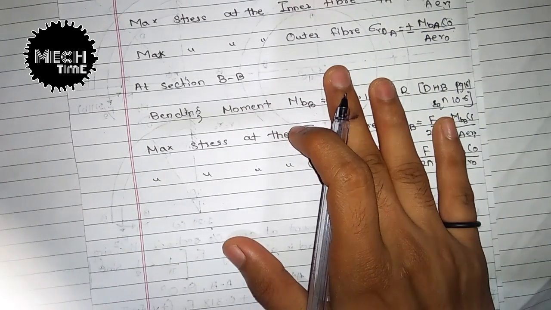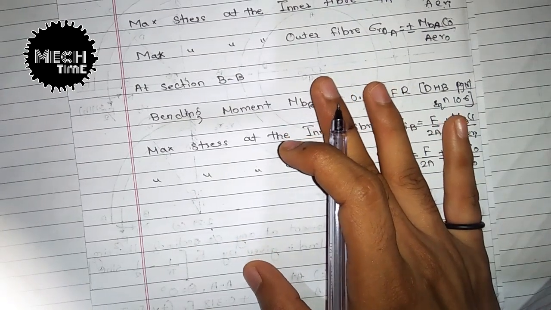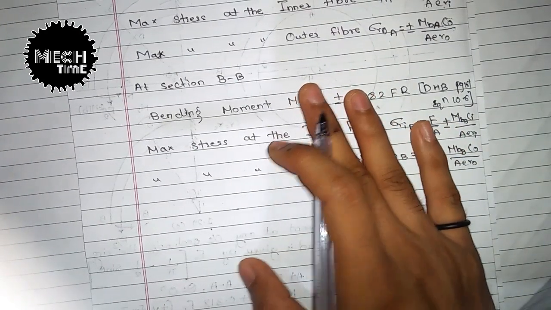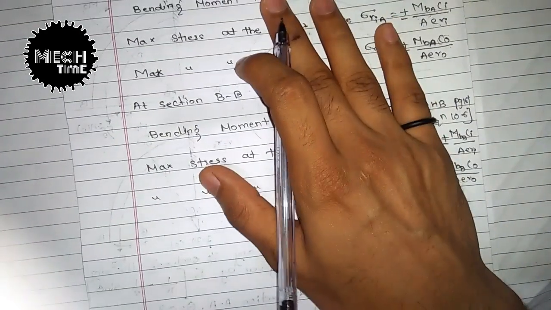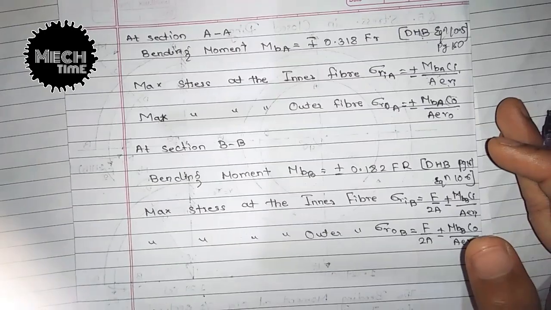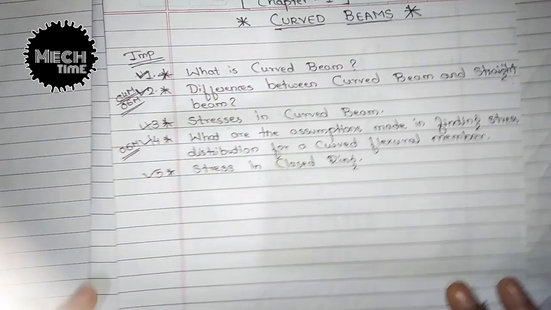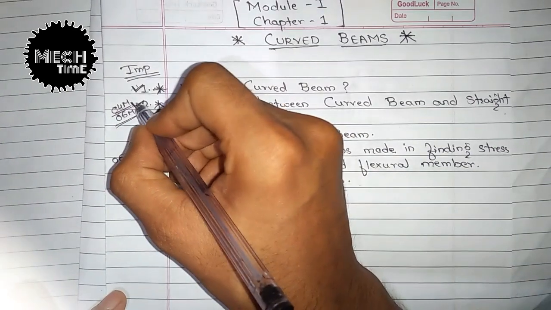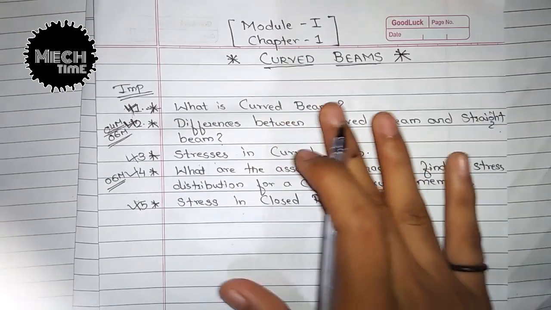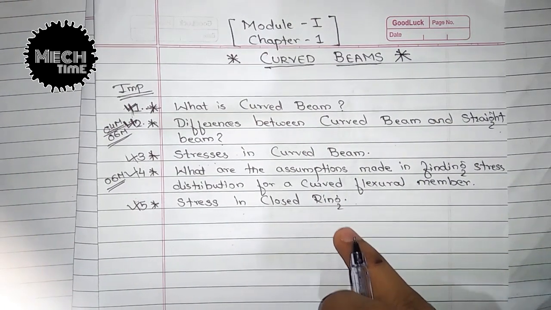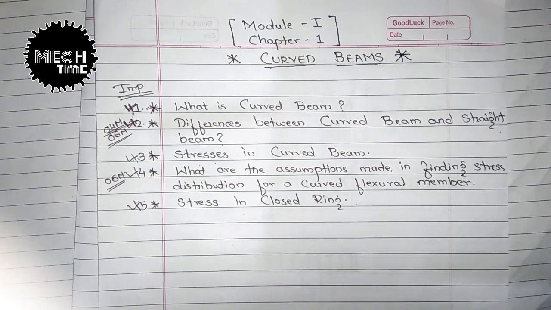This derivation is not much important. I have not seen these questions come in the examination, but to solve the problem you need to know from where we are taking the formula, what the equation number is and what the page number is. So this much only, I have not explained it in brief, I am telling you again and again. So we have completed all the theory questions, the 5 theory questions of the first module, first chapter. In the next video you will see me solving the problems on the stresses in a closed ring. So thank you for watching, have a good day.